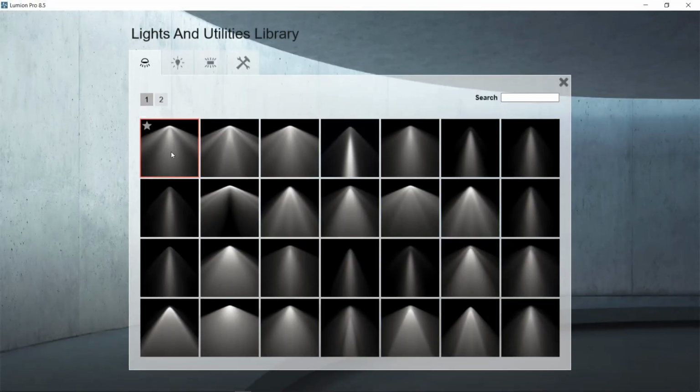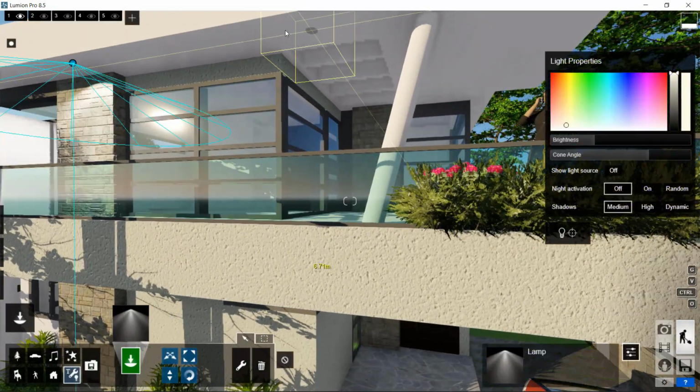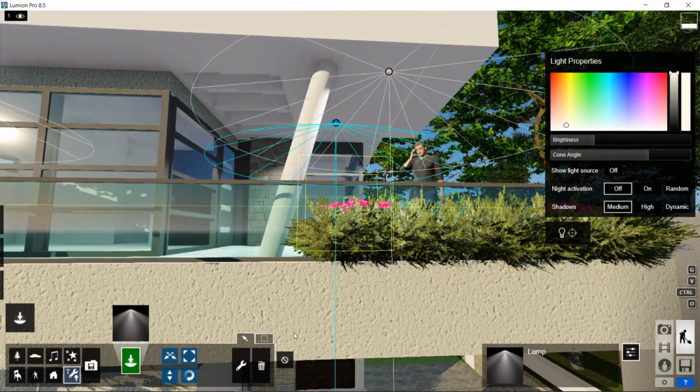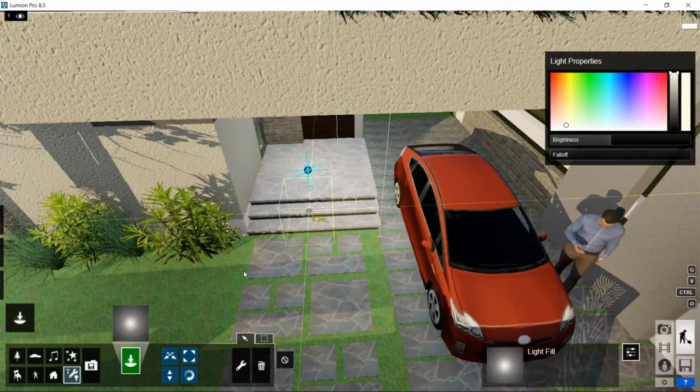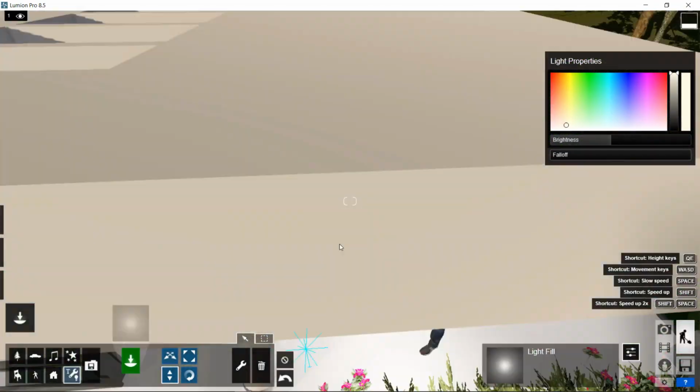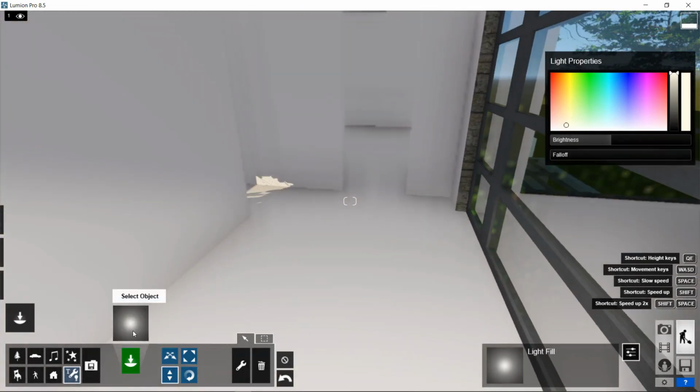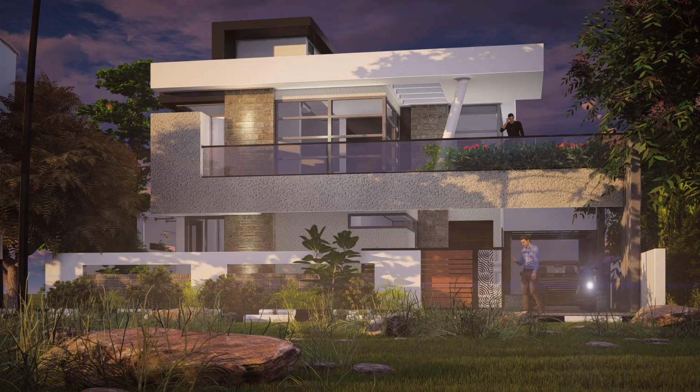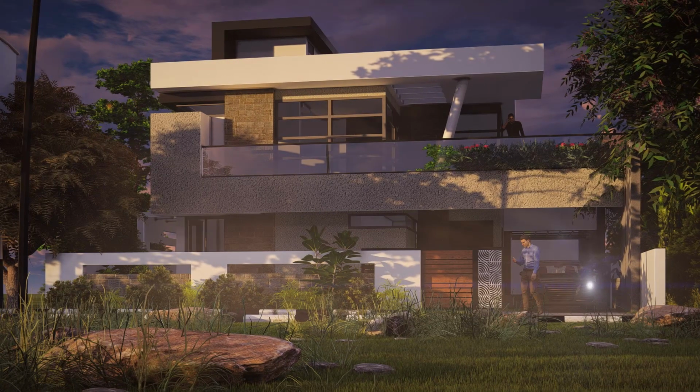Number 3 is to add lights. If you're creating a morning scene or afternoon scene, the lighting part is very crucial. The lights on the exterior and in the interior space give the sense of liveliness in the render. For example, this is the render in which we add lights and illuminate it, and the second one without any exterior and interior lights.